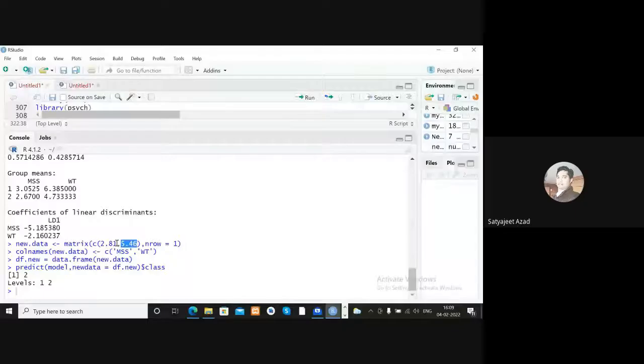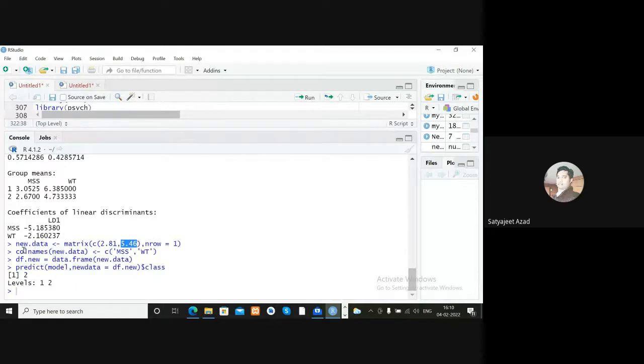These are the data points available with me now. For new customers, I have 2.81, I mean the watching time, or you can say money spent on this subscription, and 5.46 is your watching time. I think it's in hours. If this is the customer, I have the data point available, and we want to know whether he will subscribe to this Netflix subscription or not.